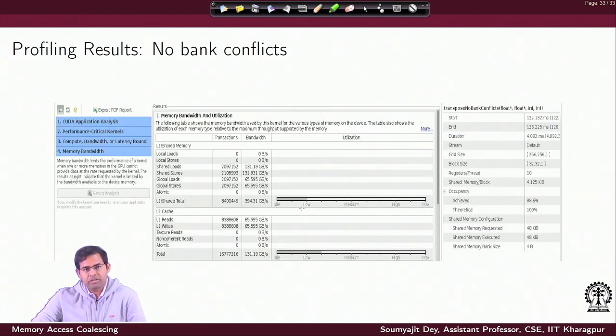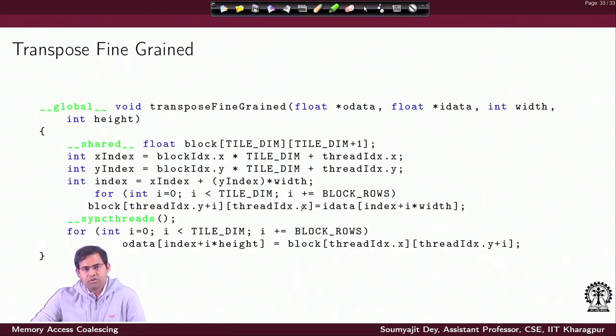So, what essentially I mean is I do a local transpose. That means I do not change the block's position, but inside the same block I am now reading in a different way and writing it back. So, I am effectively just inside the same block doing the transpose operation. So, you compute the index to read, fairly standard, and then you read the data. Here we are using the name block for the thread block at the tile, and then from this you write using the flipped pattern that we discussed earlier.